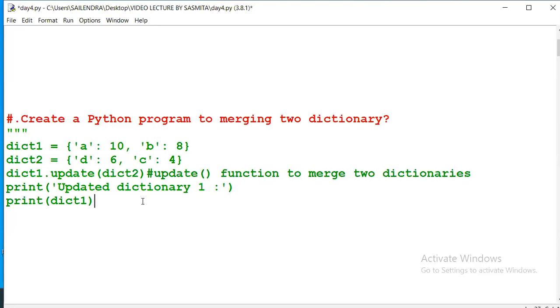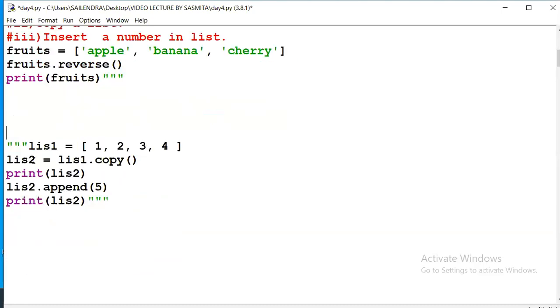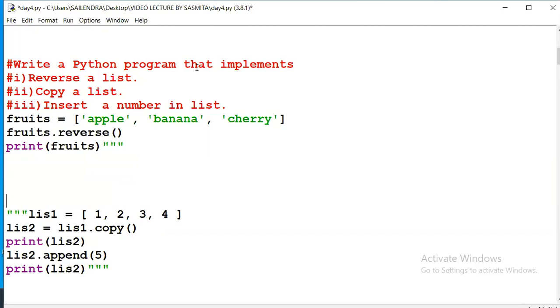See here, write a Python program that implements reverse of the list.